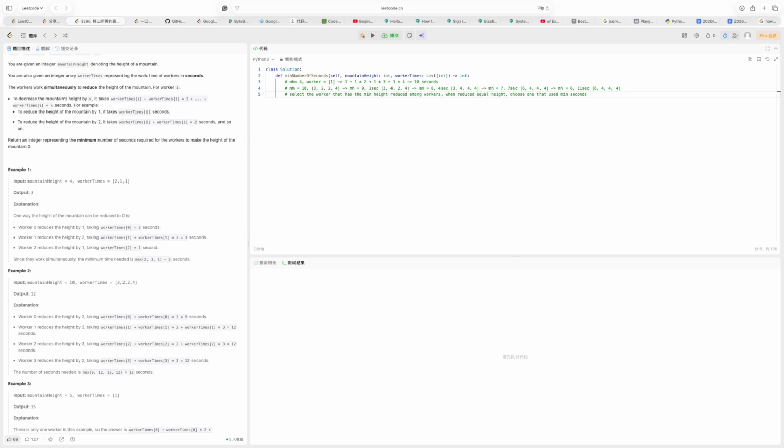So I think we need 2 min heaps to keep track of the reduced height and the other heap will keep track of the seconds, and we will use a tuple, we'll have the index as the key, so that we can map to the time and the height. Okay, so first heap, 2 heaps, and